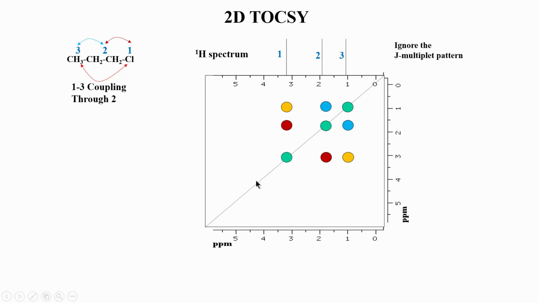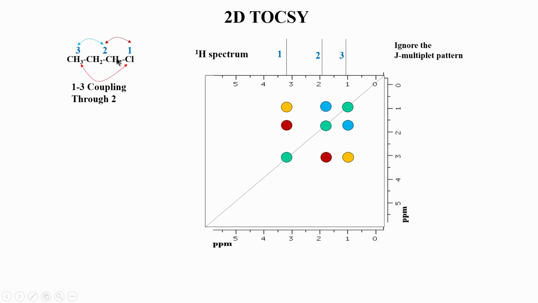One of the most important applications of TOCSY is to identify what is called a spin system. Spin system is a word which is very often used in NMR of biomolecules, where a spin system basically consists of a set of spins which are coupled to each other by J coupling. There is no break here, all these three belong to one set of spins which are coupled, and we use the word spin system.